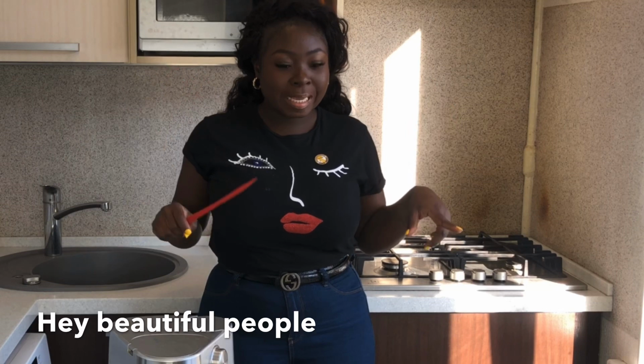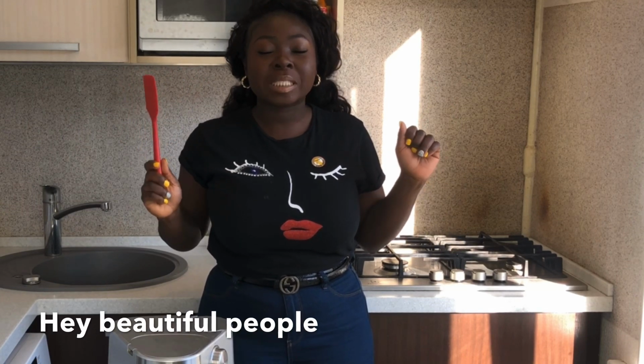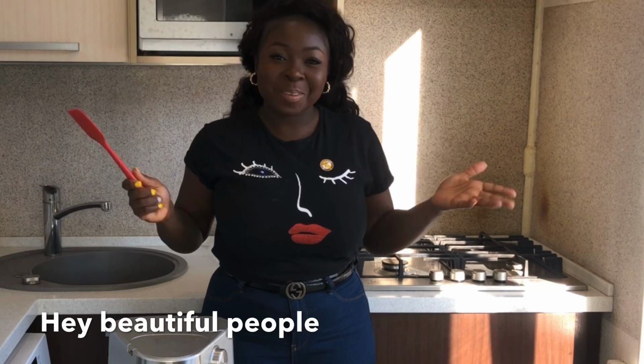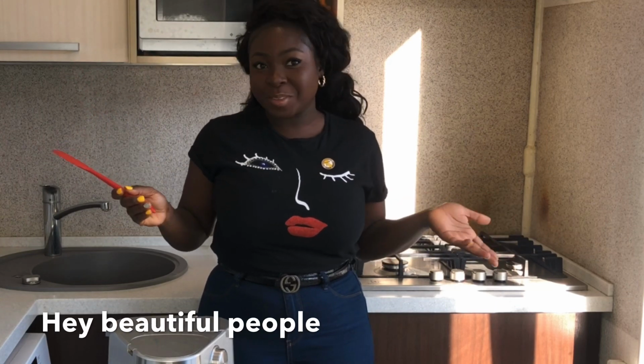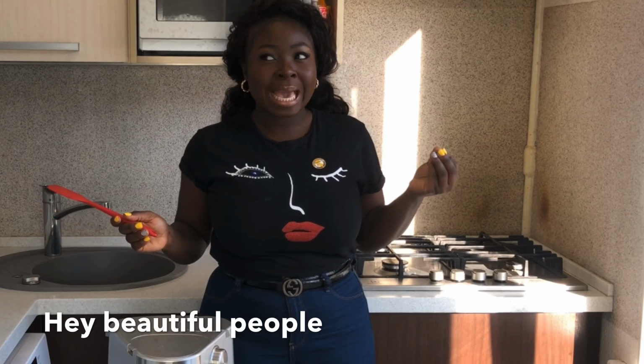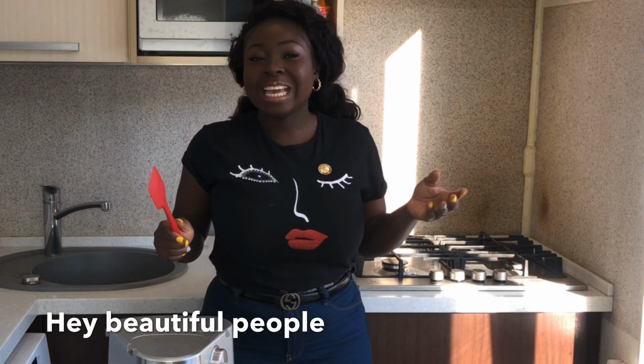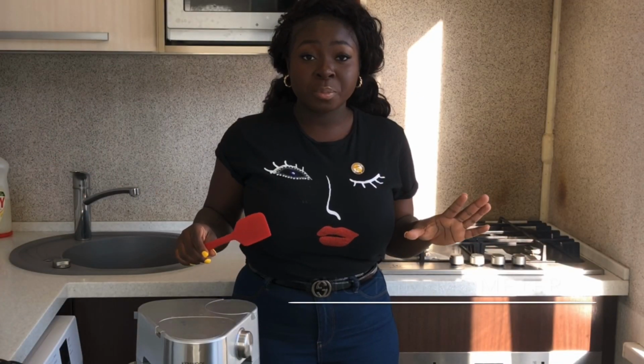So today I'm going to show you guys how to make my famous Swiss meringue buttercream. It pipes like a dream and it doesn't slide up your cake, and it is very smooth and silky and luxurious. It's not as sweet as regular American buttercream, but this version I'm about to show you is foolproof and